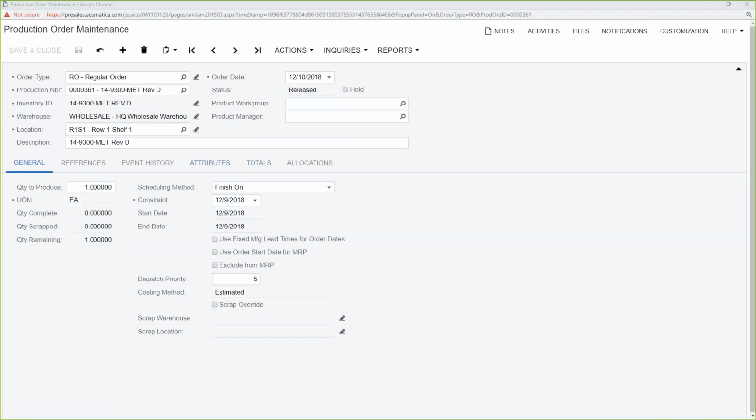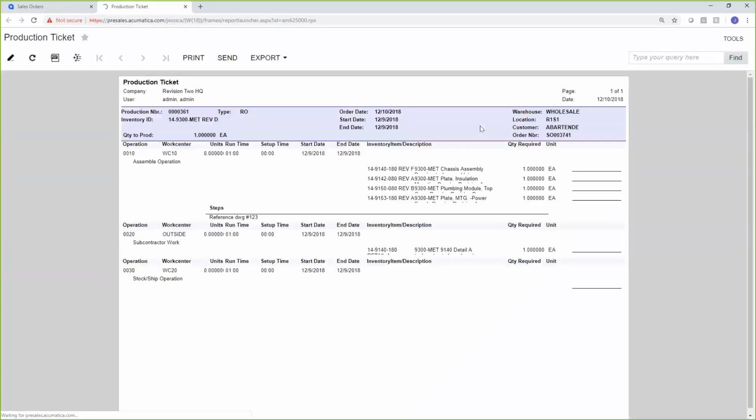Now, before we talk about issuing and purchasing the materials for this job, I'm just going to highlight quickly the production ticket. That is really your job traveler for this item. Just notice that it took my bill of materials that we originally started with, and now it's breaking it out into this very consumable one-sheet format where my shop floor workers can print this out, they can carry it around on a tablet if they'd like,